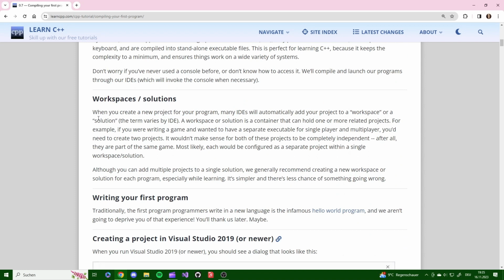Workspaces and solutions. When you create a new project for your program, many IDEs will automatically add your project to a workspace or a solution. The term varies by IDE. A workspace or solution is a container that can hold one or more related projects. For example, if we were writing a game and want to have a separate executable for single player and multiplayer,